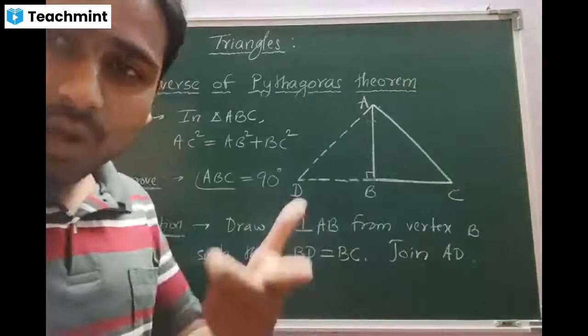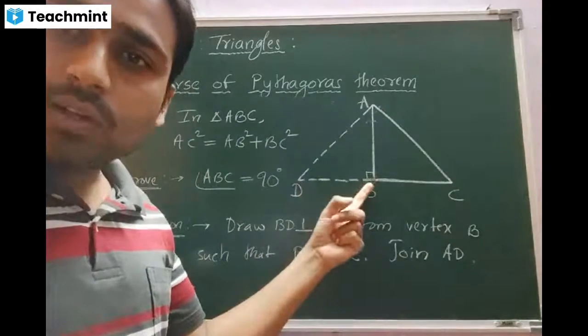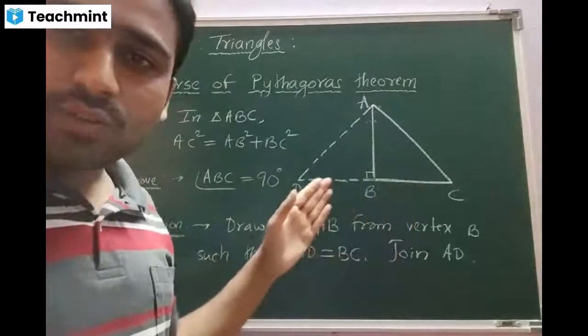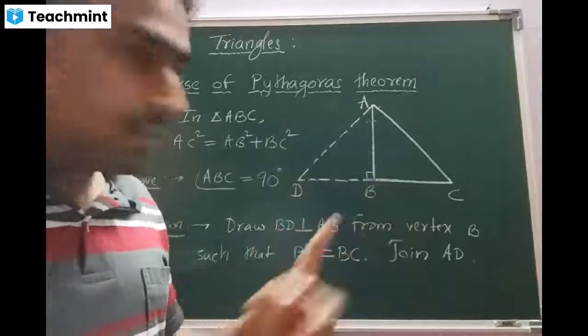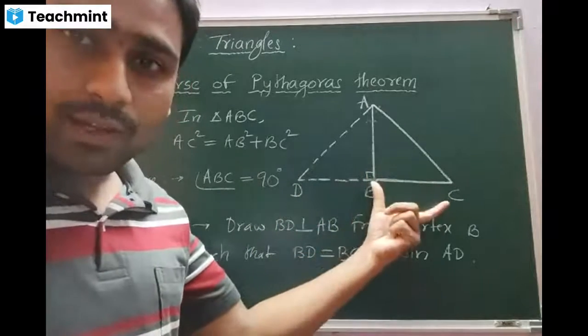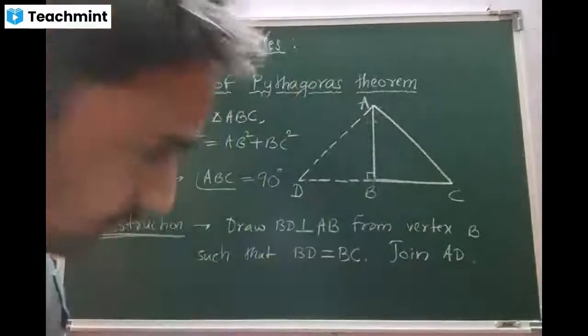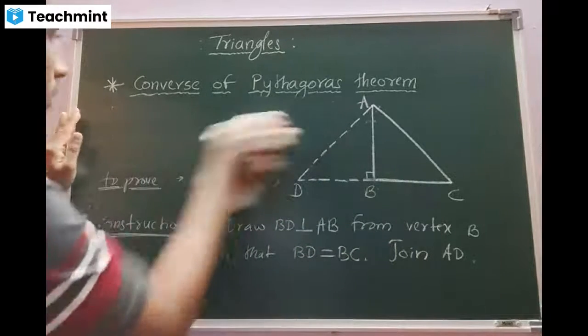Our focus is somewhat different. Our focus is that this is a perpendicular line drawn from the vertex B to the side AB. It may be an extension of BC, it may not be. We will prove it at the end. This is 90 degrees, so we will conclude this is nothing but the extension of BC. What is the concept? Any doubt, beta, in this one? No, sir.